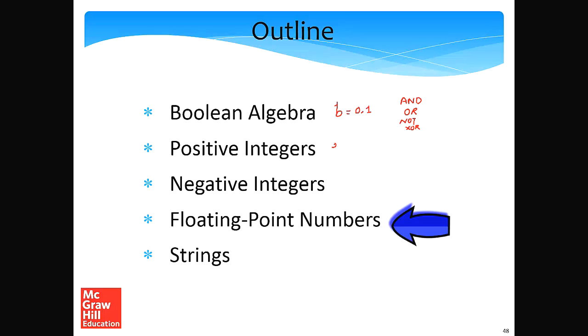Then we define the binary system to represent positive integers with different bases. So the important point to recapitulate at this point of the lecture is the relationship between binary, octal, which is base 8, and hex, which is hexadecimal, which is base 16. And the important result that we had proved is that the octal and hexadecimal notations can be thought of as short forms, abbreviations or reduced representations of a binary representation.